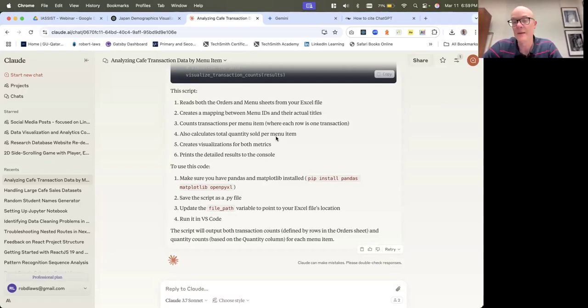So I wouldn't necessarily cite Python, but it depends on the course. If it's a computer science course, the professor might actually want to know that. But if it's a history course, and I'm using Python to do some analysis, I wouldn't necessarily tell a history professor that I used AI to make Python code. But again, you get into a lot of questions there.